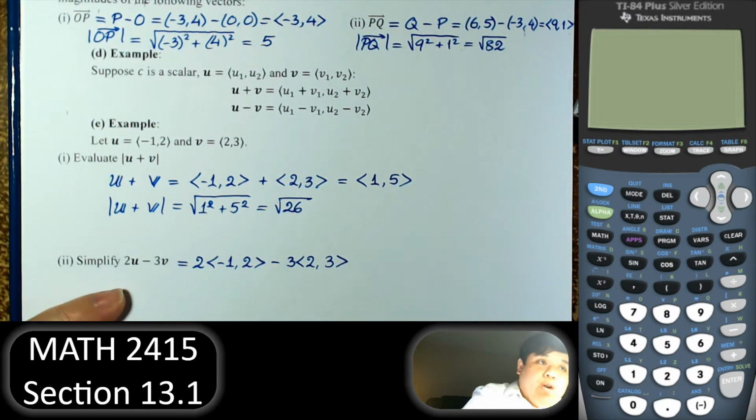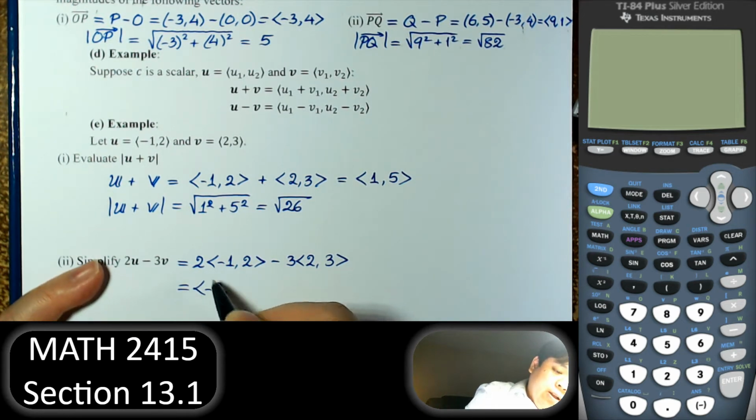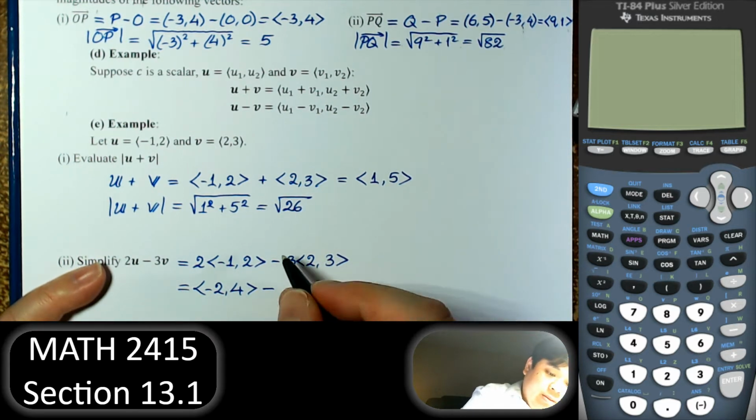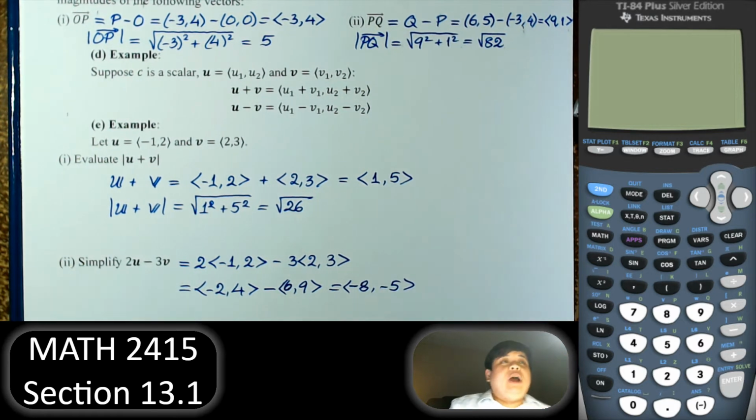And just like other operations, multiply and multiply. 3 times 2 is 6 and 9, and then we subtract: negative 2 minus 6 is minus 8, 4 minus 9 is minus 5. Right. So if we have a calculator and you just want to use that, because there's no big deal here,